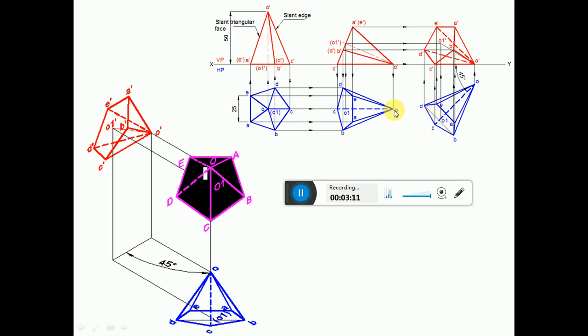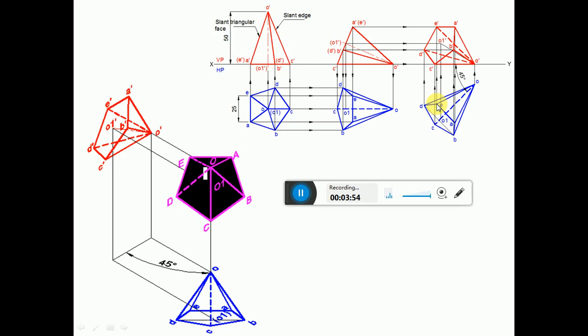Then similarly you measure the length from O to this point. From O you cut an arc on this to get this point here. Since AE is perpendicular to OC, from this point using the protractor you measure an angle of 90 degrees with respect to this OC line. Then draw a perpendicular line here on either side. Then using the compass you measure the length from this point to A and also from this point to E. Both will have equal distances. With this as center, cut an arc on this side to get this point A and also cut an arc on this side to get this point E.